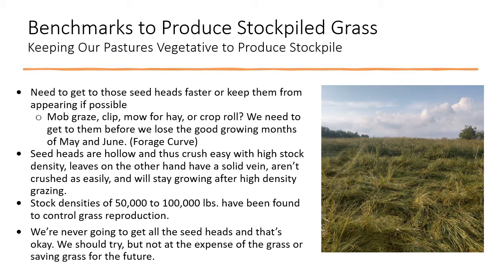I noticed that when we drive through a field that's about to go to seed with a four-wheeler, if you go back a couple weeks later, there won't be any seed heads in that four-wheeler path where the four-wheeler tires ran over. Maybe we could use a crop roller to help keep our forage from going to a reproductive state. I don't know. It's a total experiment, but we need to figure out a way somehow to keep them from producing seed heads as much as humanly possible